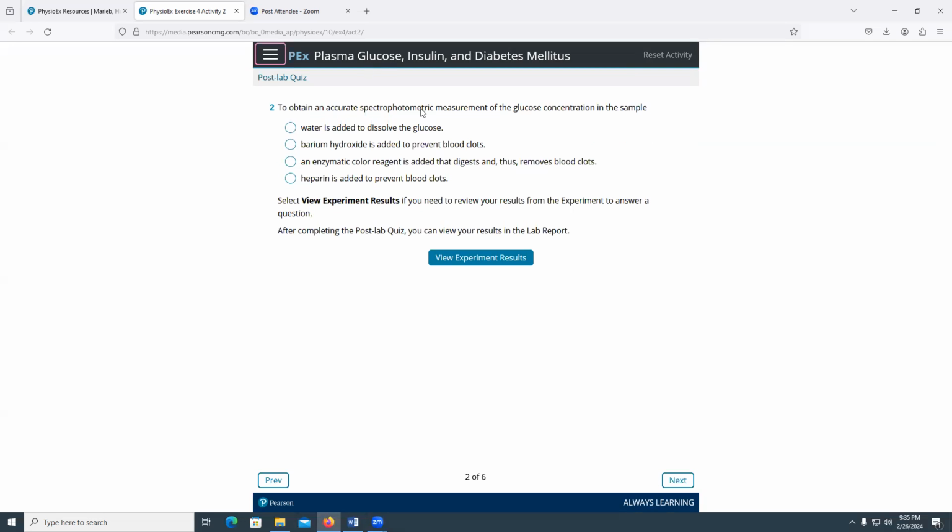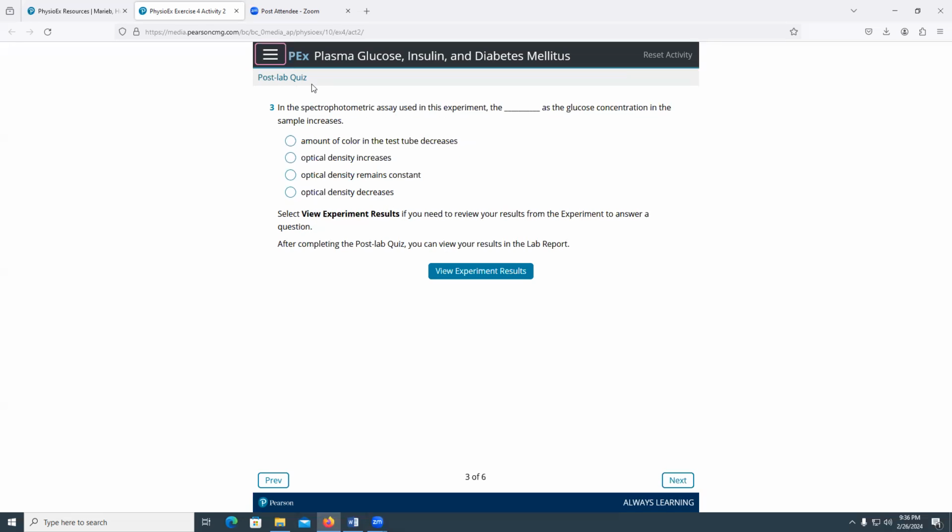Then, to obtain an accurate spectrophotometric measurement of the glucose concentration in the sample, water is added to dissolve the glucose. Barium hydroxide is added to prevent blood clots. No, that's the job of heparin. Heparin is added to prevent blood clots. That's excellent. So we could do that. In the spectrophotometric assay used in this experiment, the